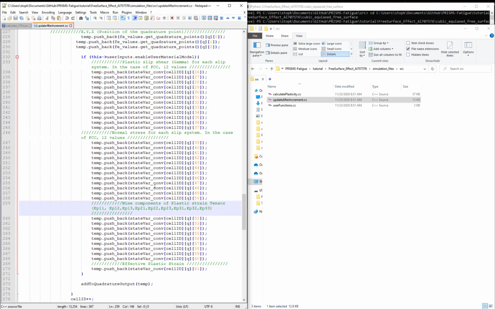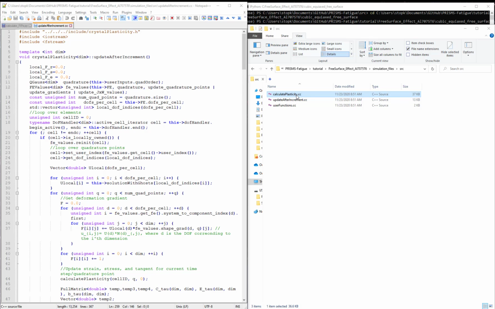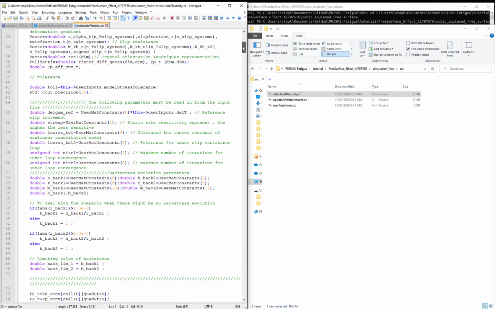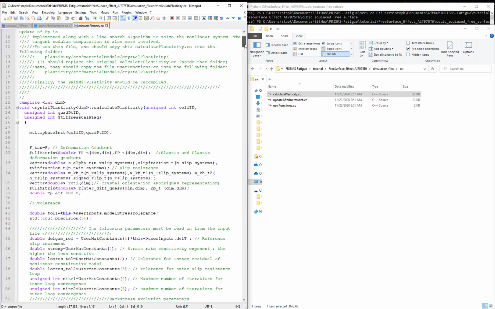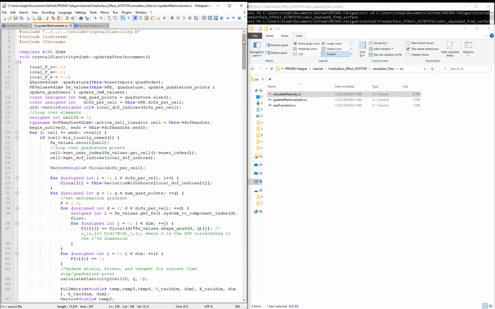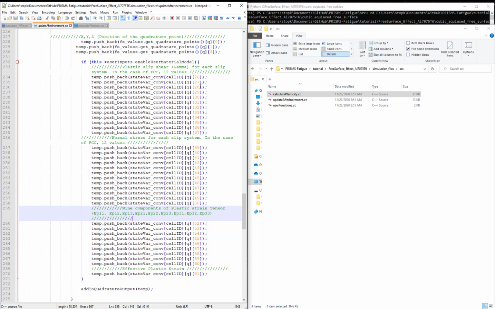But basically, this is where we're going to put the new outputs that we need if we have some new complex FIP. And these files are, of course, associated with calculateplasticity.cc. So in this file, this is where we define the constitutive model. So if users need to import a new model or define new state variables, this is where it will be done. And then the update after increment, this is what will be updated to add new columns with information for